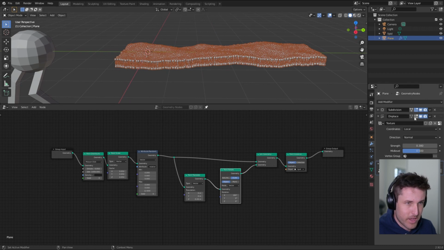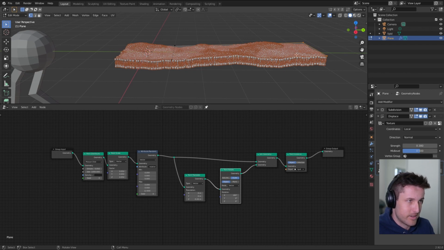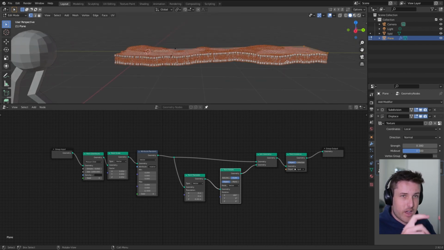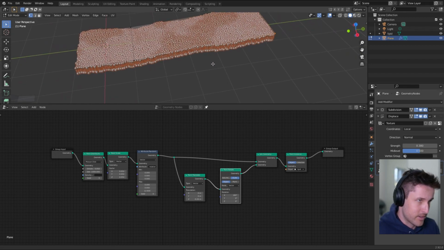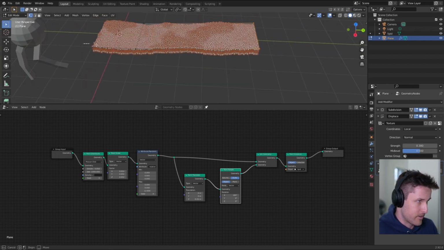That's because of this displace modifier's edit mode setting. This modifier currently isn't ticked, so it won't show up in edit mode. It only shows up in object mode. So we can click that. And now if I go into edit mode, you'll see the plane is still flat, but the actual modifier is still previewed. So that's maybe a bit better, because now we can say, okay,